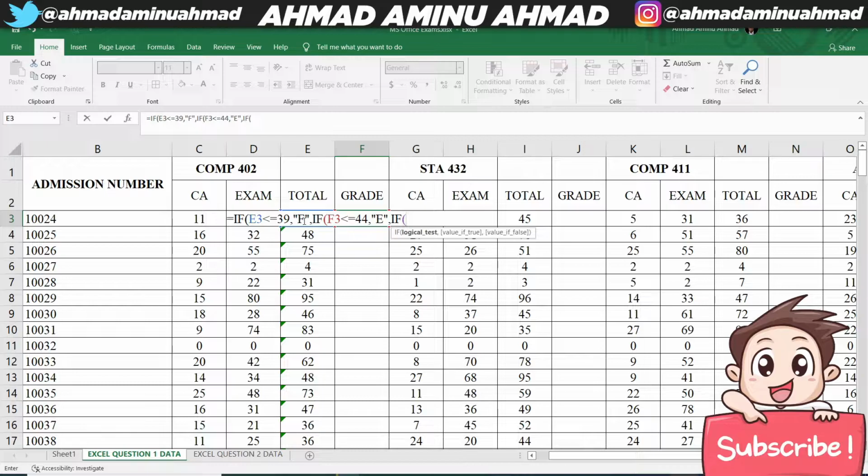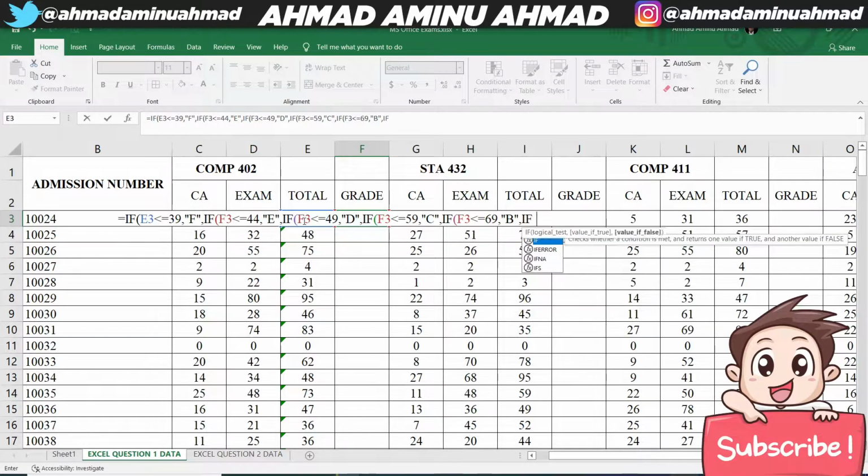comma, if open bracket, F3 also is less than or equals to 49, we need to have D, comma, if open bracket F3 is less than or equals to 59, we need to have C, comma, if F3 is less than or equals to 69, we need to have B, if F3 is less than or equals to